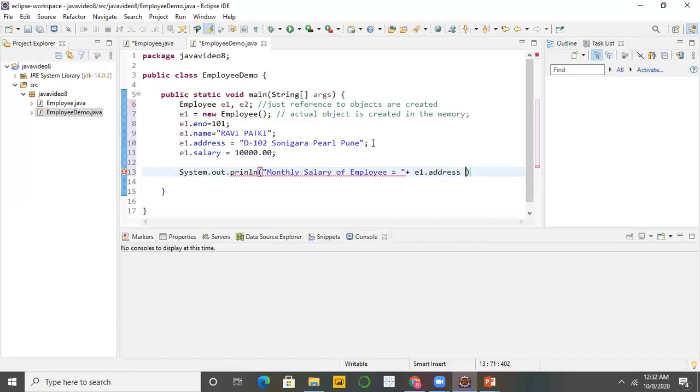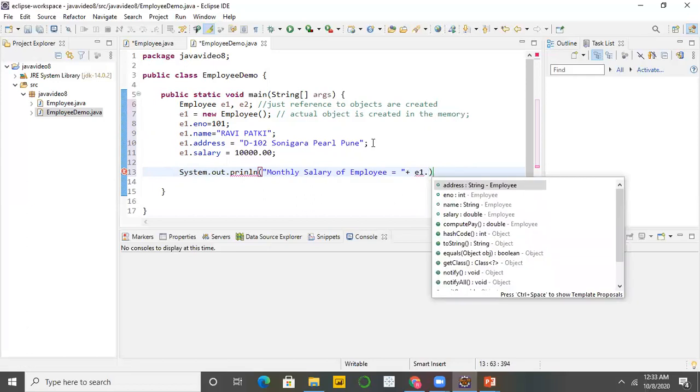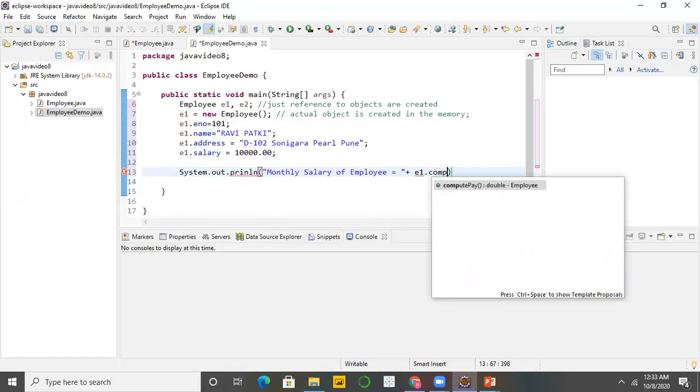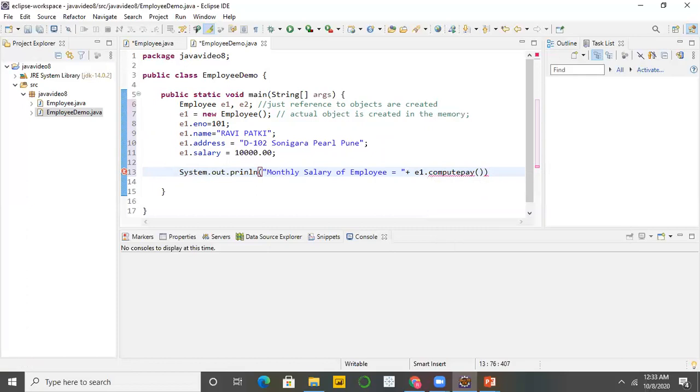Simply here E1 dot computePay, which calculates the monthly salary of my employee. Sorry, Java is case sensitive. Be careful, no spelling mistakes. println.